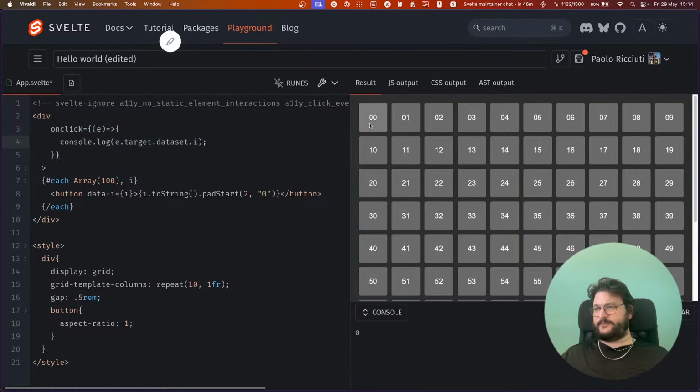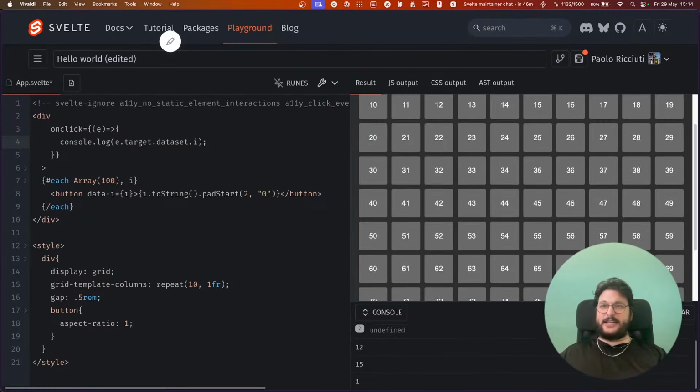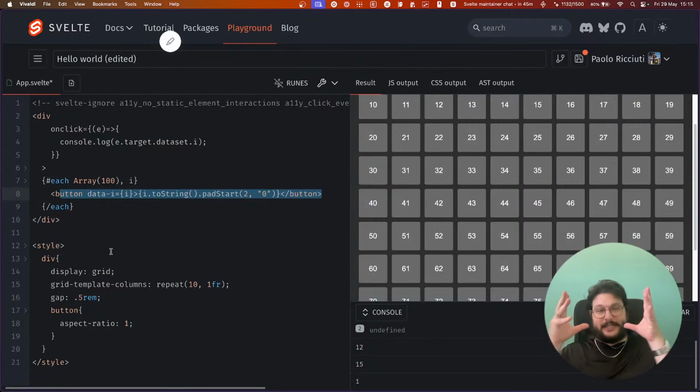a.target.dataset.i. Yeah. And as you can see, we got pretty much the same result, but now we only have one single listener, so we don't have to add a listener for each button. Basically, Svelte does the same thing for every event in your application. So we add a single listener to the root of your application, and then when something bubbles up, I mean,